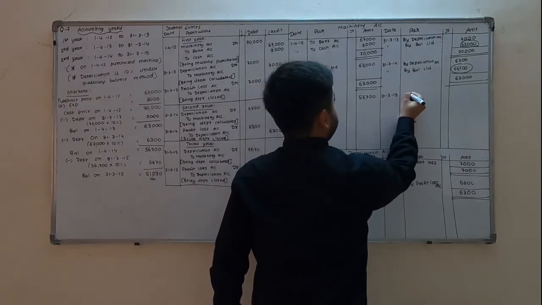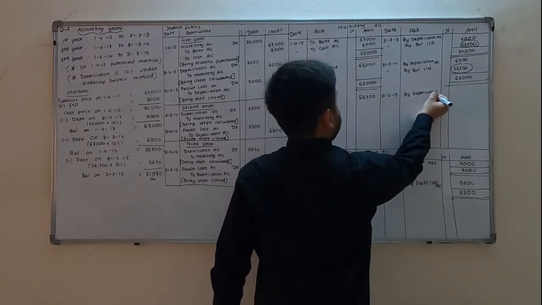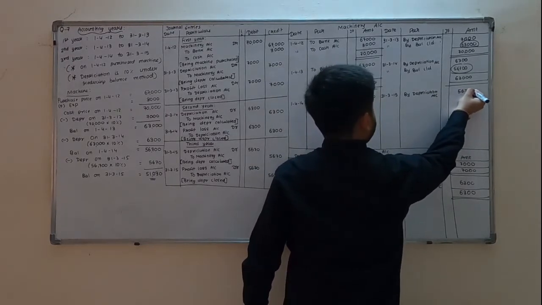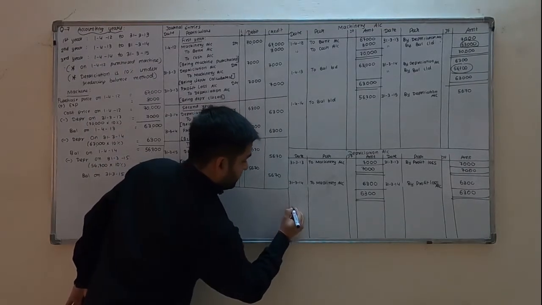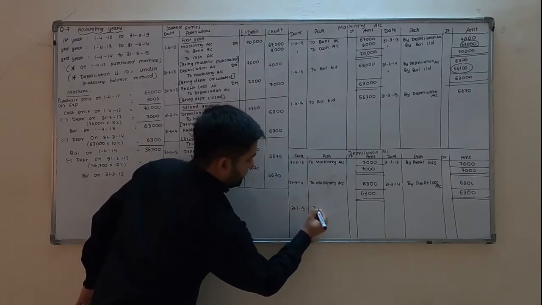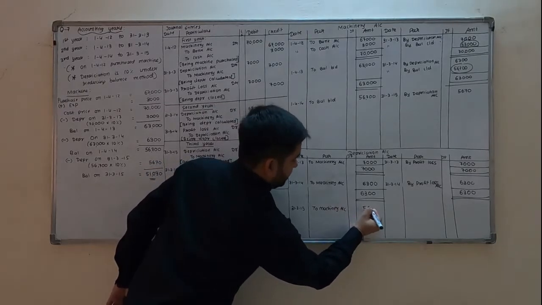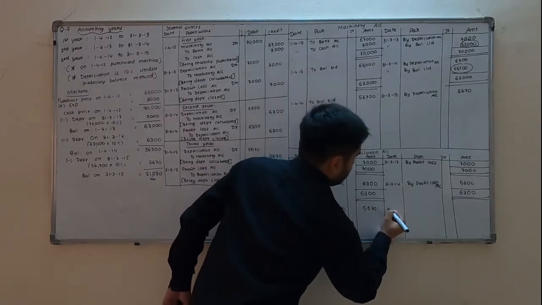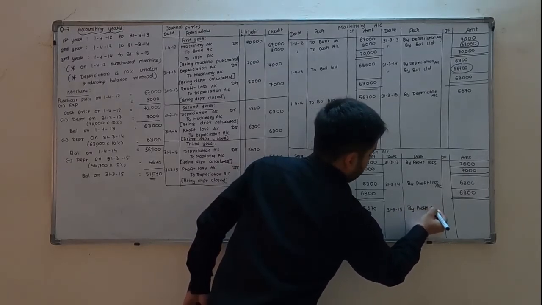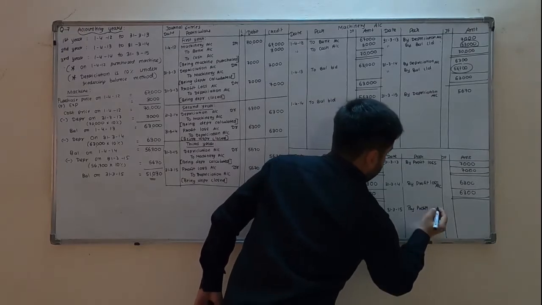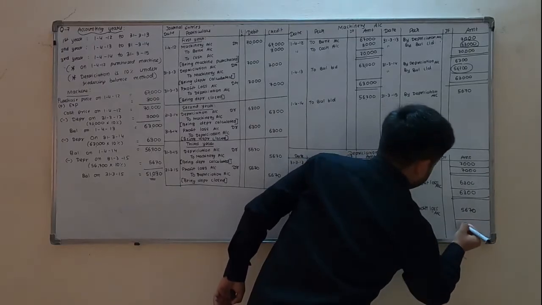31/3/15, by depreciation account 5670. There it is credited, here it should be debited. 31,315 to machinery account 5670, and here it should be closed by profit and loss account. By profit and loss account 5670. Again it is same, so